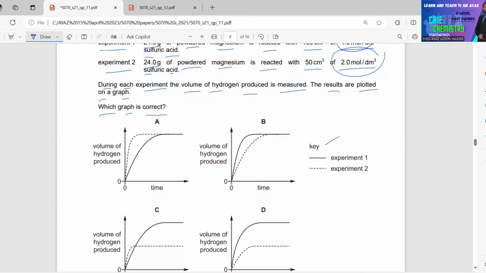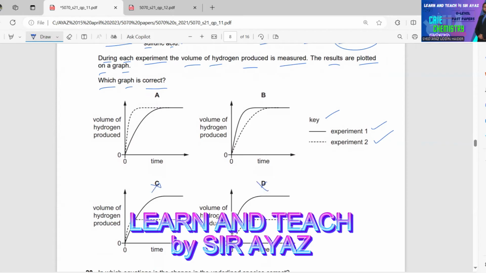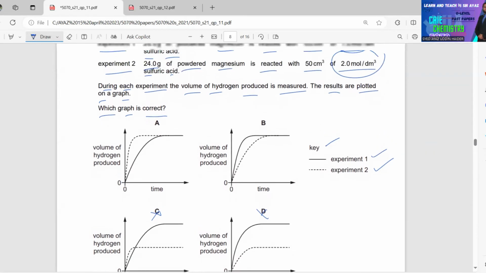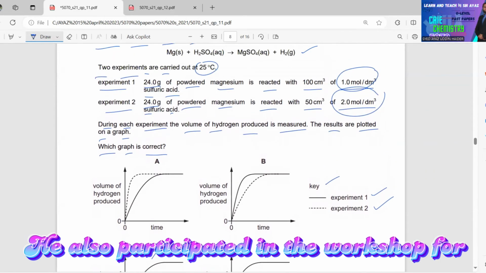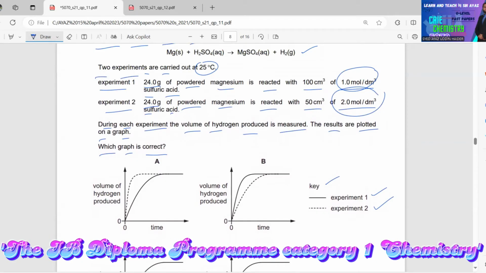So the key is provided. Here's the key. Experiment 1, dash line, experiment 2, dotted line. We have choices A, B, C, and D. Straight away, C and D are incorrect. Why? Because if you look at the number of reacting moles for both of these, for example, in case of experiment 1,